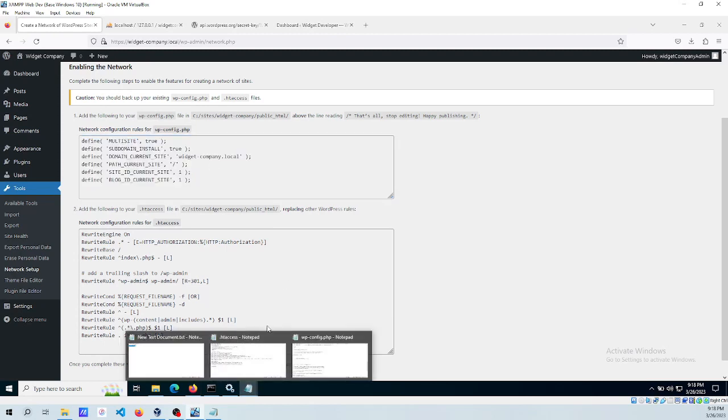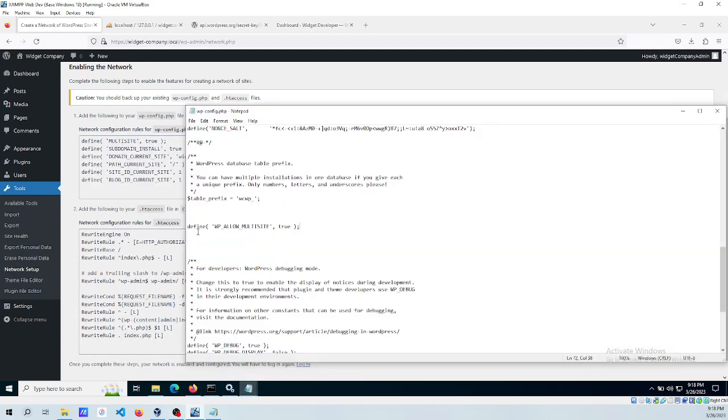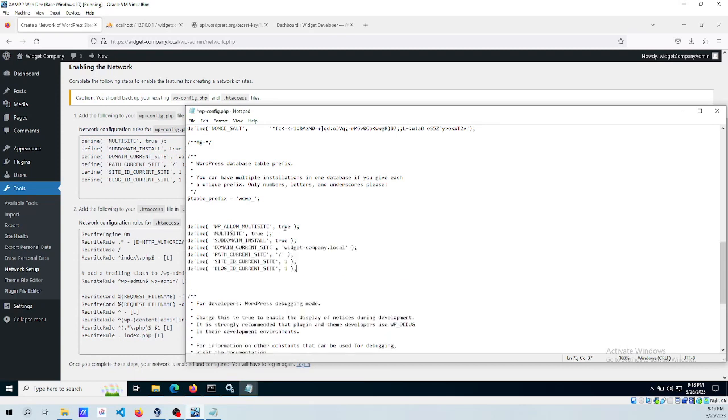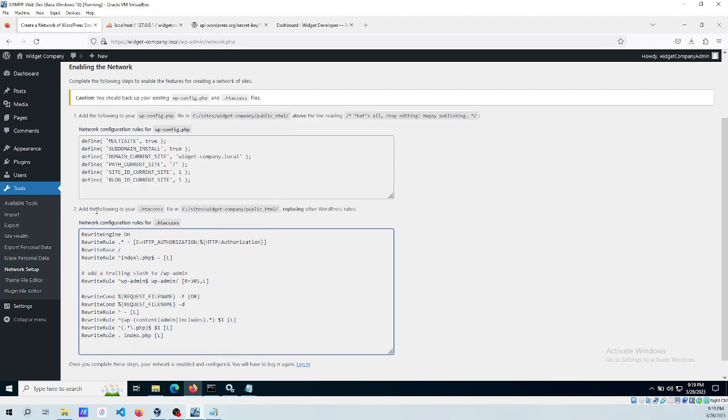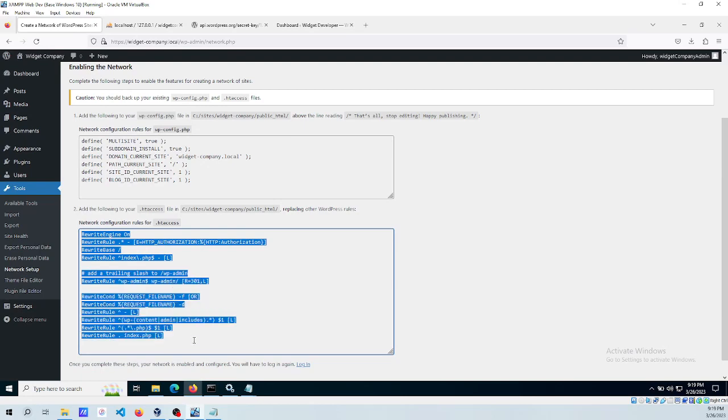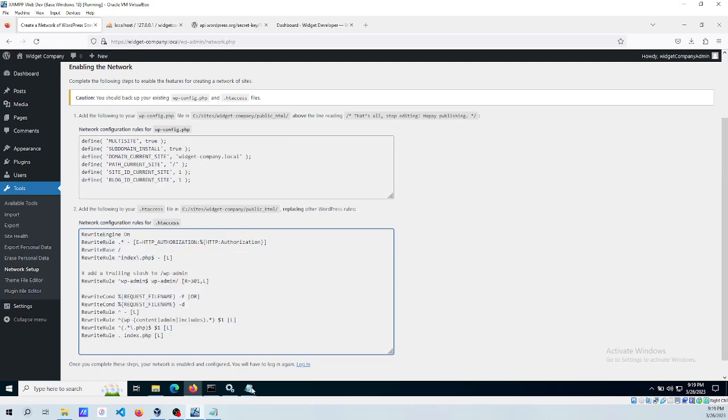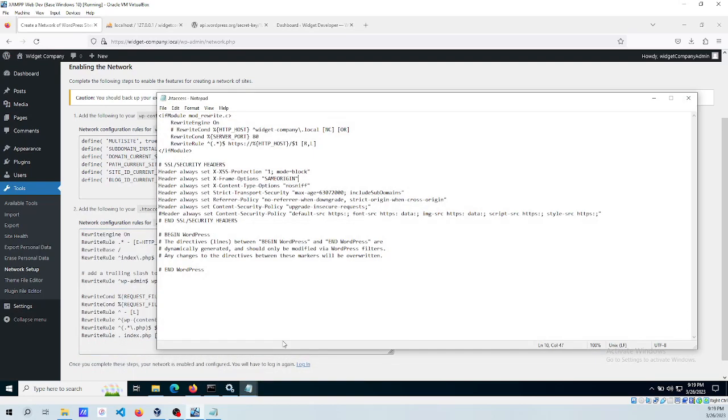So we're going to copy that into our WP config file right below our allow multisite. Boom. Done. Hit save. Step 2, add the following to your htaccess file. So basically you're going to replace the existing WordPress rules with everything that's defined right here. So we're going to copy that htaccess file,